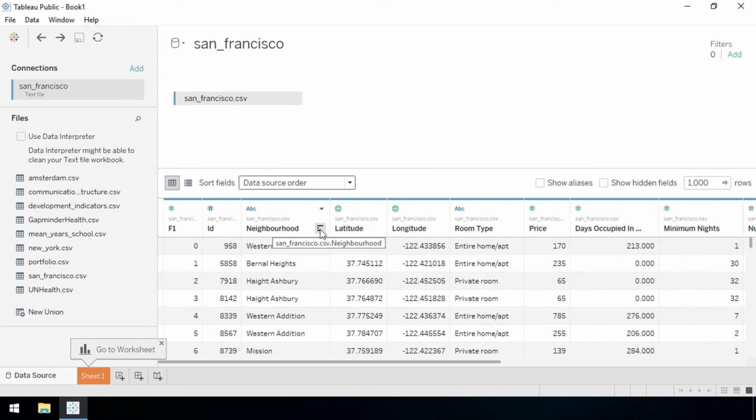On top of the column names, icons indicate the data type. We have a number sign for numbers, a globe for locations, or ABC for text. Tableau is pretty good at guessing types, but it can make mistakes and it's good practice to review the types assigned. You can always change these types if you want by clicking the down arrow that appears as you hover